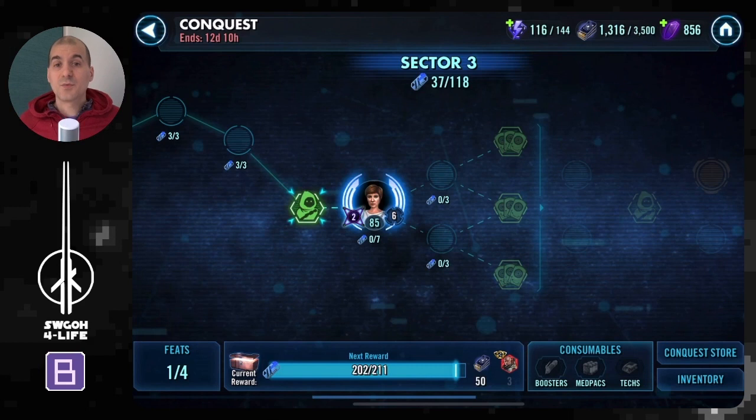In this one I'll be showing you my battles versus the mini boss and final boss where I got all the feats done. I've done a similar video guide for sector 1 and 2 already,